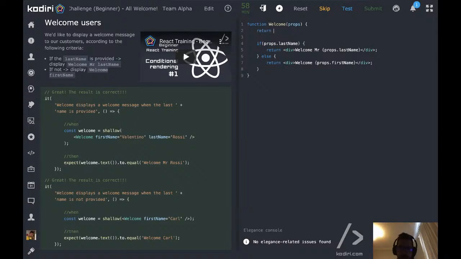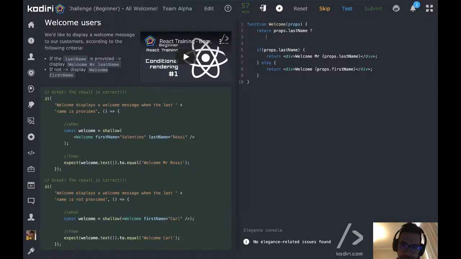Return. That doesn't make sense, Vicky. Sorry. You started with a quote, right? That's not right. So first of all, guys, you get a feeling about the length of the lines, right? So let's first of all add a line break, yeah? Let's tidy up a bit. And now, we just need to copy and paste what we wrote before, right? So if we got the last name,